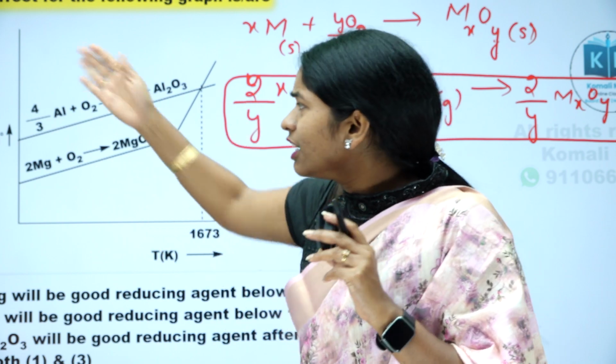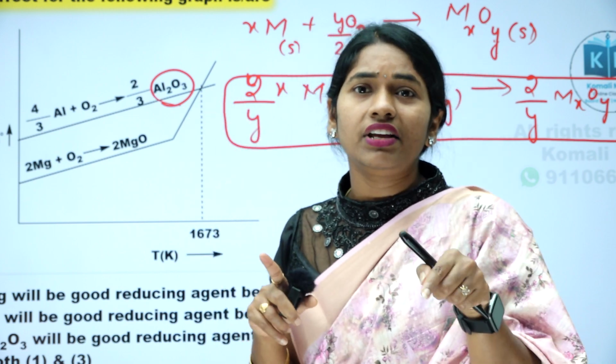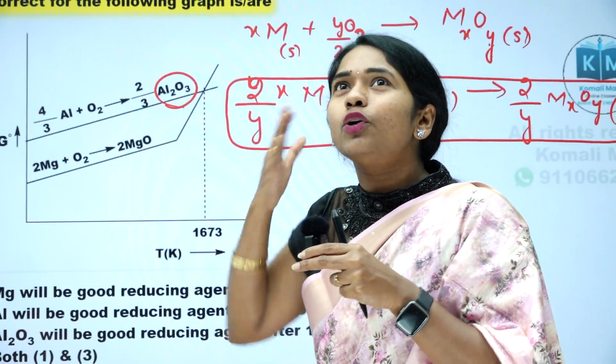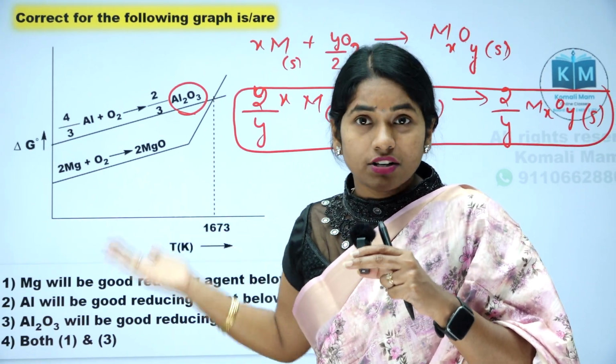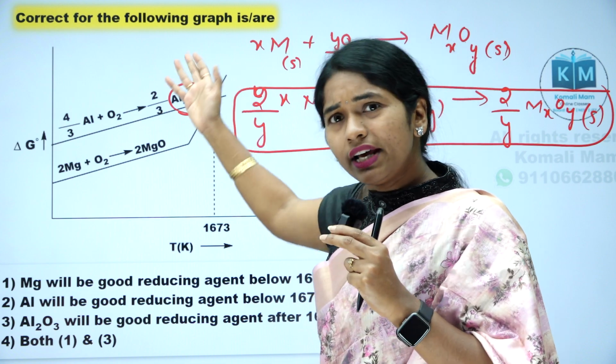If you know this, you can directly balance it. For example, Al2O3. Actually, you need not balance; they will give it in the examination. But this will help you to understand that this is how metal oxide formation reactions work. That's why I am telling you. Otherwise, no need, they only give it in the exam.